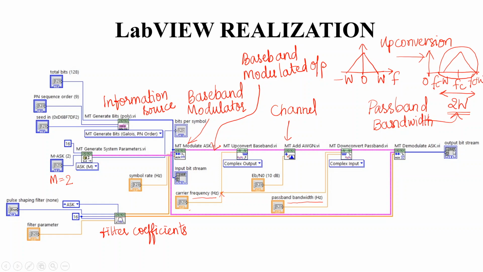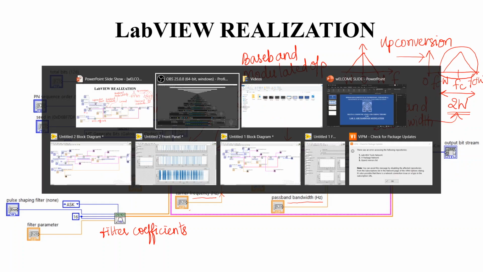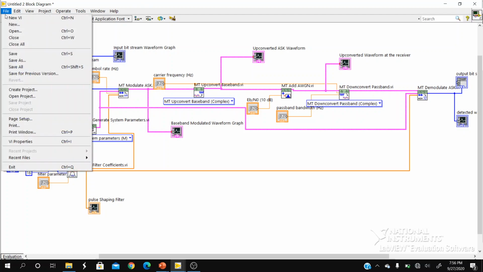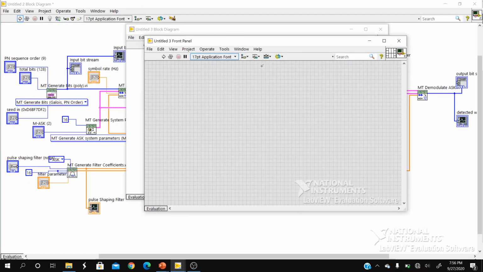Now let us go to the LabVIEW window and construct this particular communication system one by one. So I will start with a new VI. I have already created this entire communication system, but for convenience, let us start off with a fresh VI.